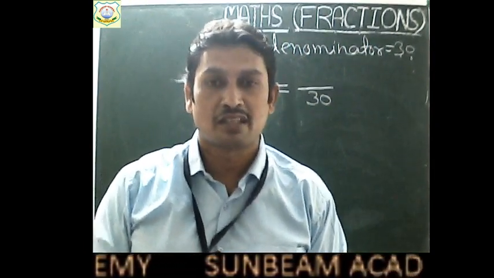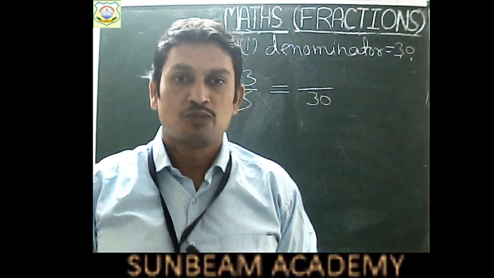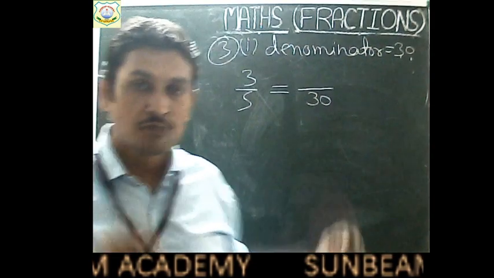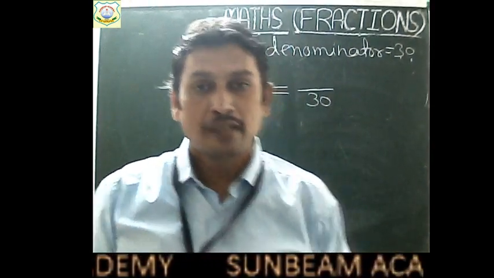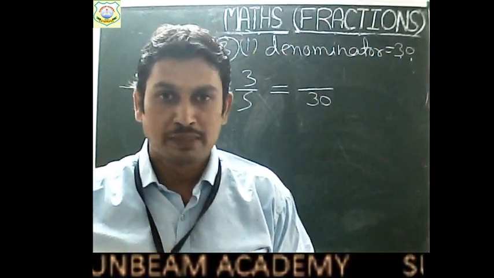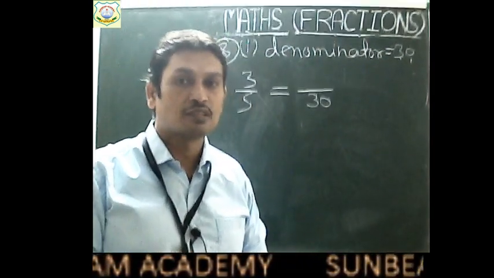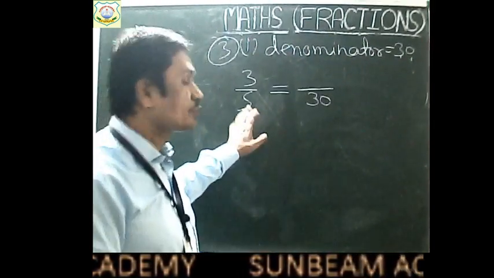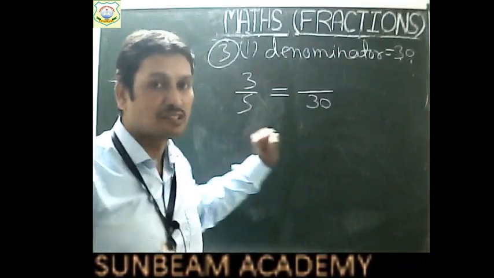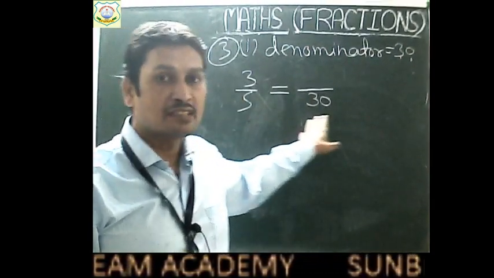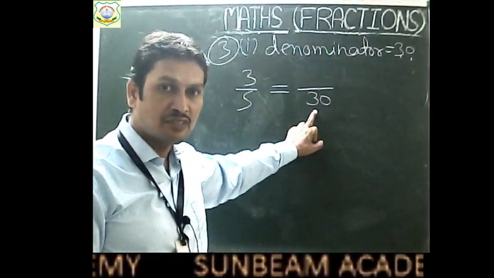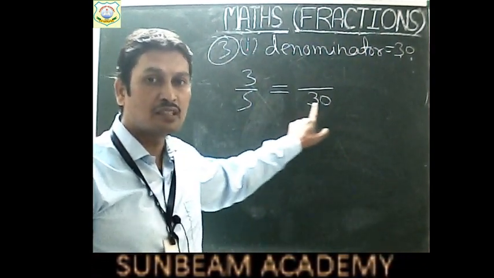So how to solve this, children? We can solve this directly also, we can solve it mathematically also, children. If in the exam this question is asked for 1 marks, then we will solve directly. And if it is asked for 2 marks, then we will solve it mathematically. Okay. So directly how can we solve this question, children? Let me tell you. So to check what is the equivalent fraction of 3 by 5 here, children, see how many times its numerator or denominator is increased. Okay. If denominator is given, then you check how many times denominator is increased.